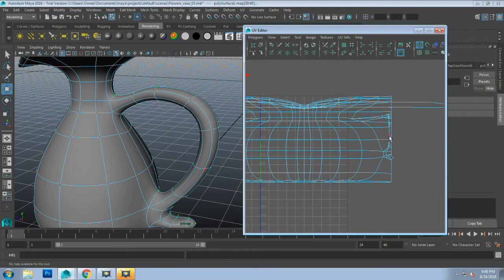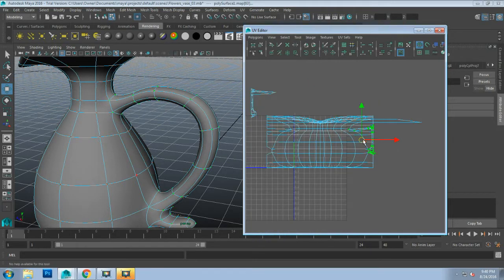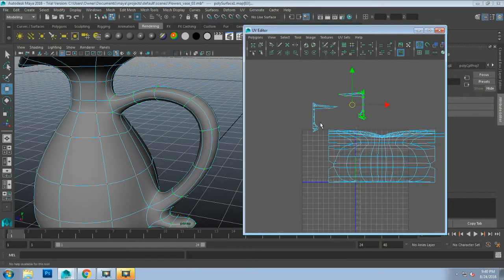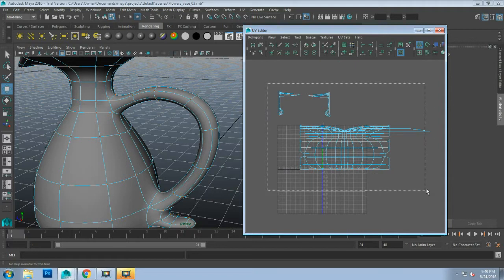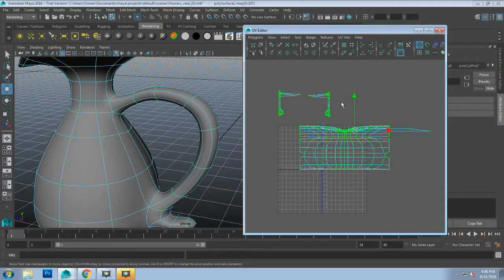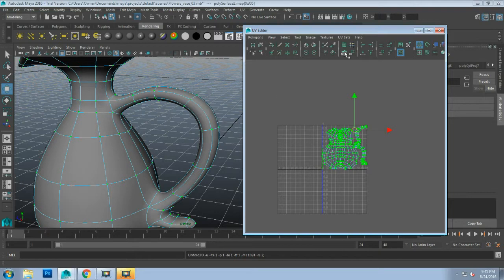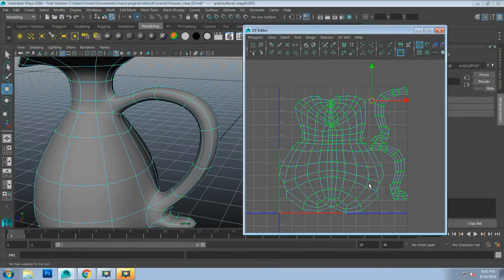And then I'm going to double click on this one and kind of move that one off. And what I'm going to do from here is allow Maya to unfold these and try to give it its best guess without having anything overlap. So I'm going to click this little guy right here. It looks like a little cross sideways with a little X on it. If you hover over, it says unfold selection, and I will hit it, and this will be Maya's best guess